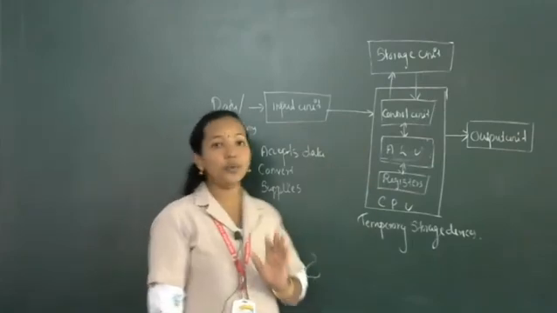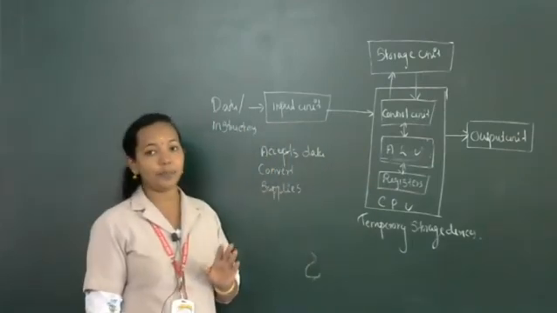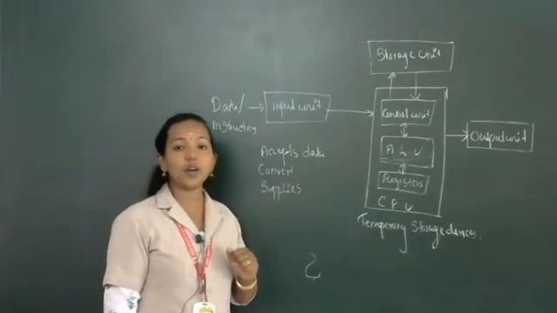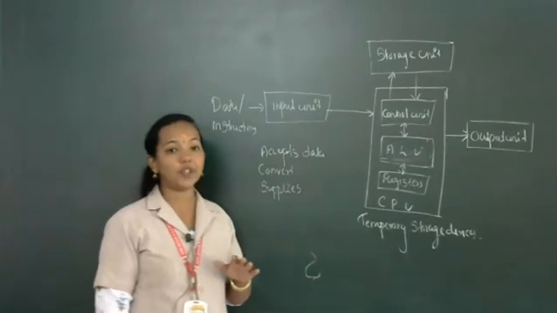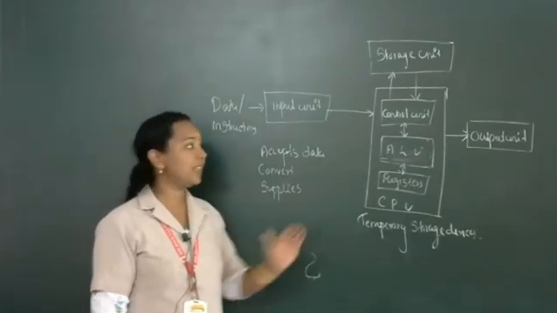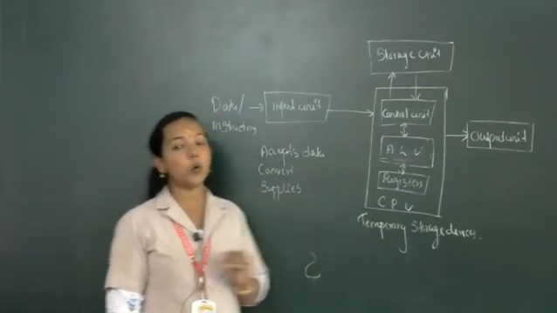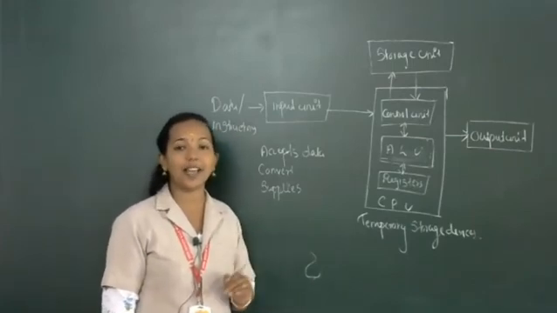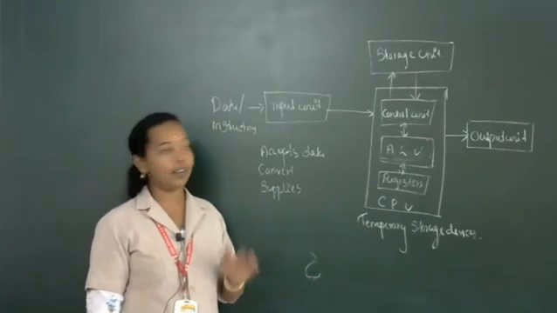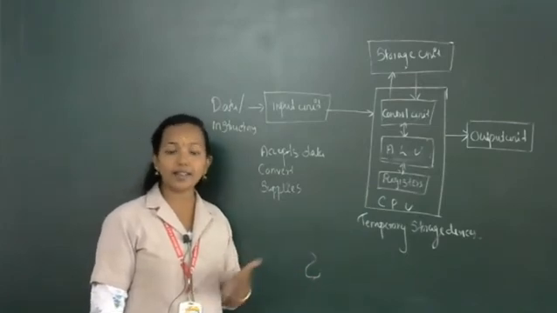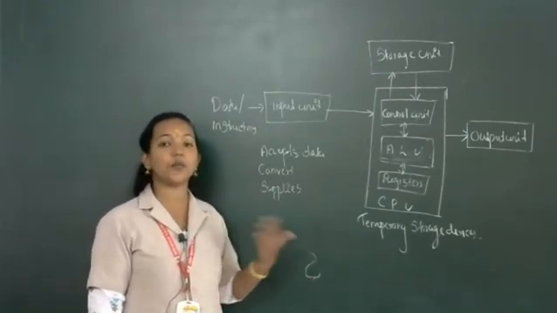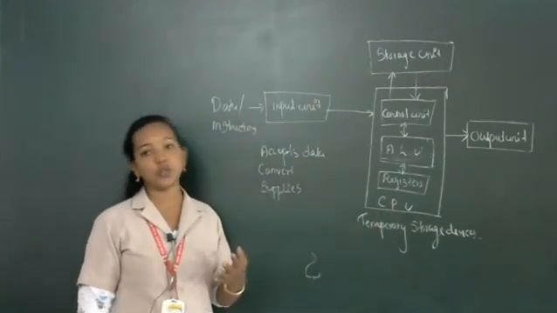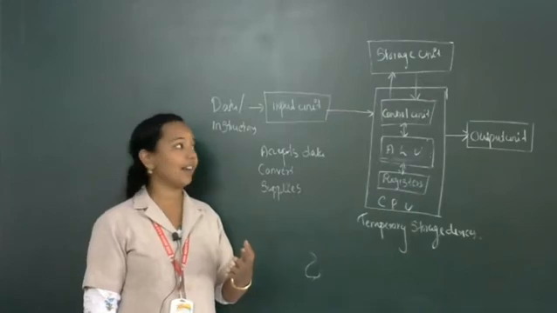So these are the three units present in central processing unit. So what is the first unit? Control unit. It controls and coordinates all the activities of computer. Then second one, arithmetic logic unit. It's used for performing arithmetic calculations and logical operations. Then it also stores final results and also intermediate results of the calculation. Then third one is registers. Temporary storage devices are known as registers.